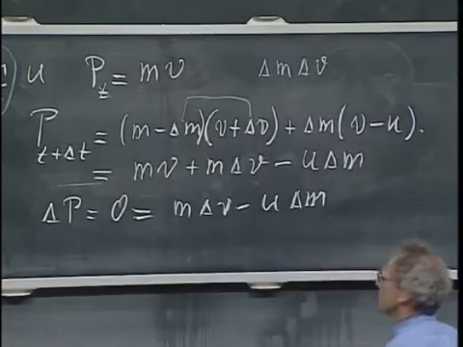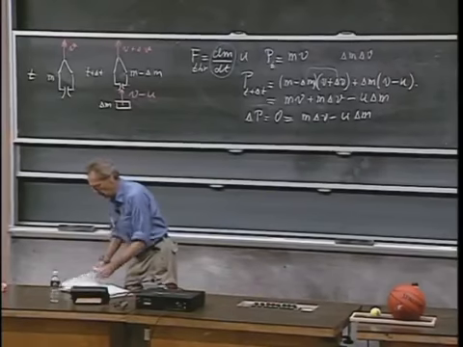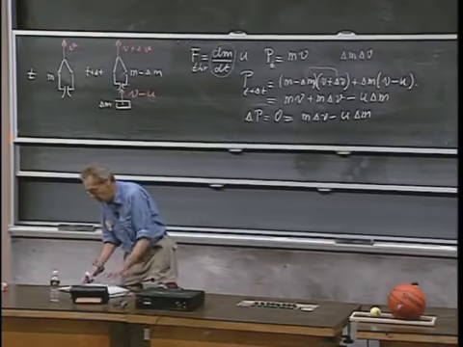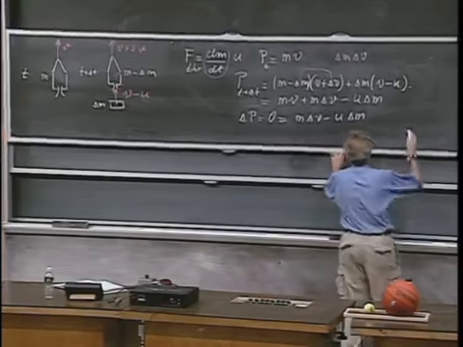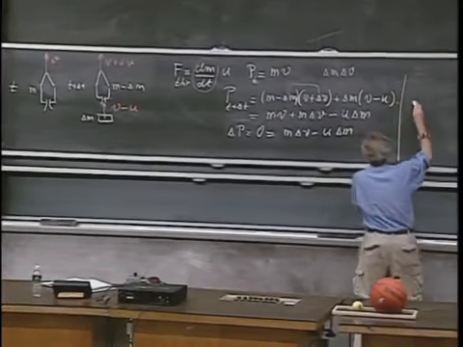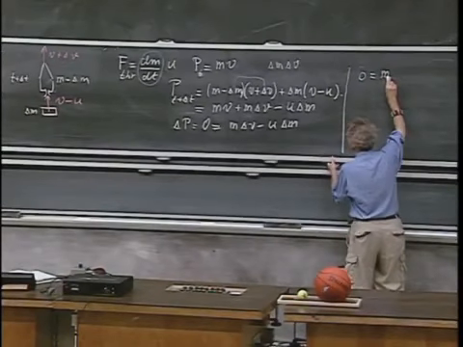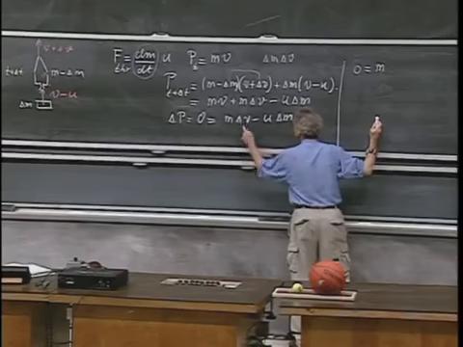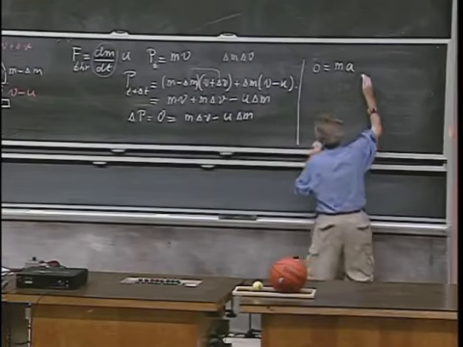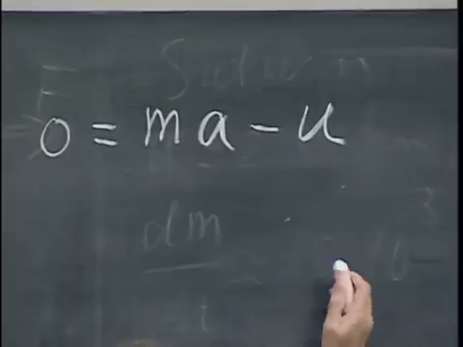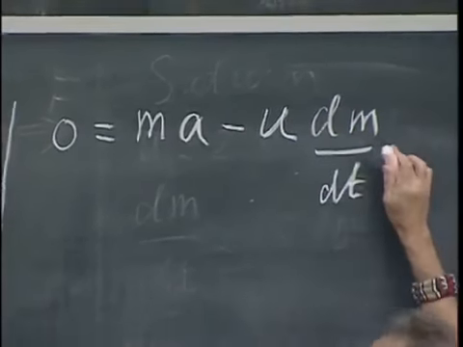I can take the derivative of this equation, so I get on the left side dp dt. dp dt is going to be 0. So I get 0 equals m times dv dt, but dv dt is the acceleration of the rocket, minus u dm dt. And that is the thrust